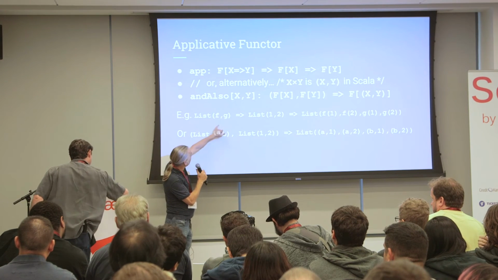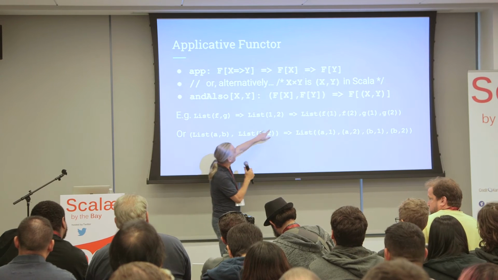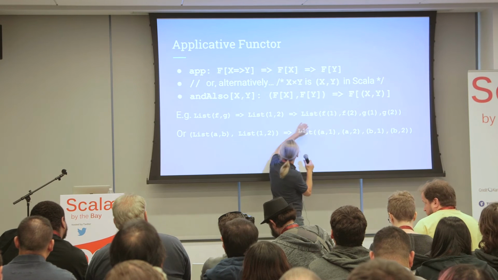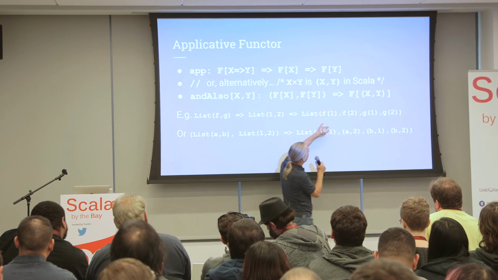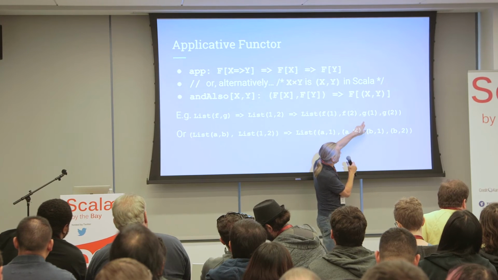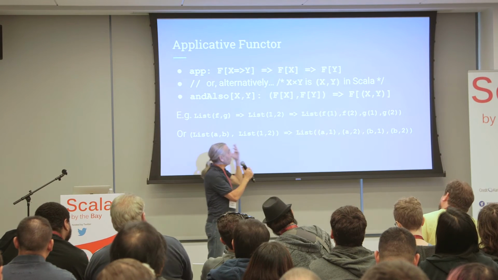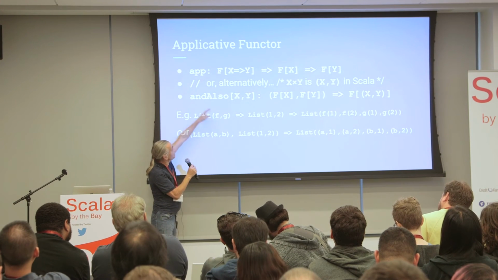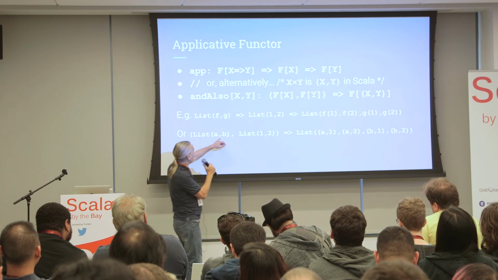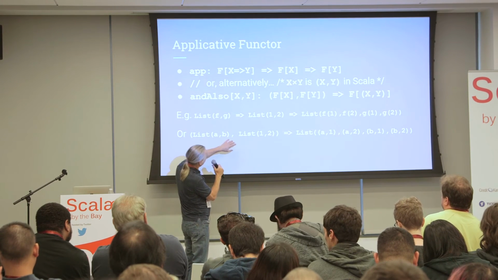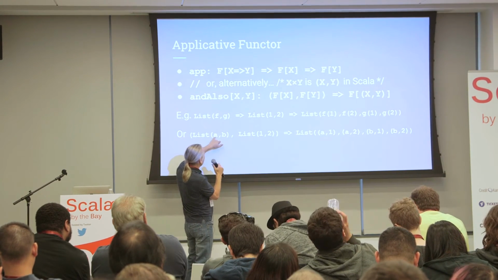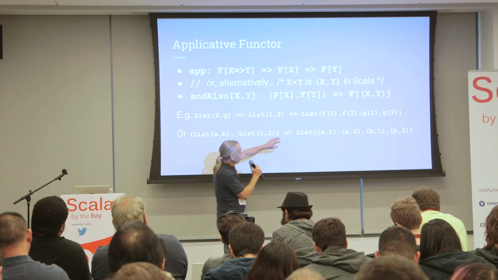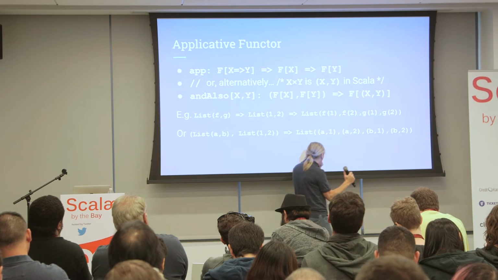Like having a list of two functions, f and g, and a list of numbers 1 and 2. So the first way, using app, we produce a list: f applied to 1, f applied to 2, g applied to 1, g applied to 2. So these are all possible combinations. Or using this, and also we fold or zip these things. Like having A and B, probably strings, or whatever values A and B are, we have two lists, and we produce a list of all possible combinations.